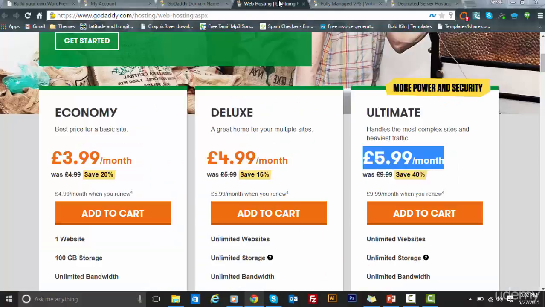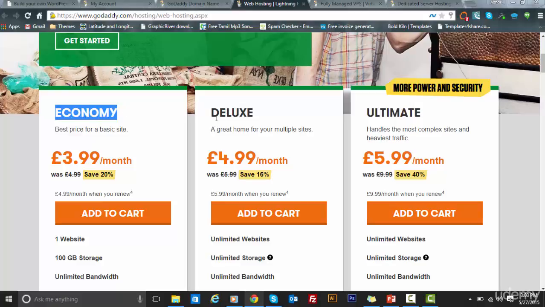Otherwise, if you're starting up, if you're entering the web business, the safer side is to start with an economy or a deluxe plan, and then upgrade as your user base increases. So I think this summarizes how you should choose a proper hosting account for your